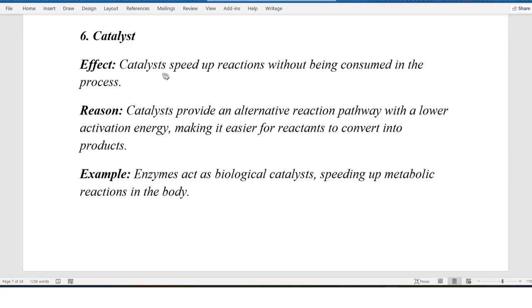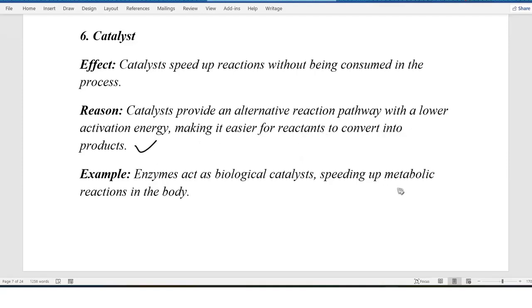So how do they do it? Obviously, the catalysts reduce the activation energy by providing an alternative path for the chemical reaction to take place. So catalysts provide an alternative reaction pathway with a lower activation energy, making it easier for reactants to convert into